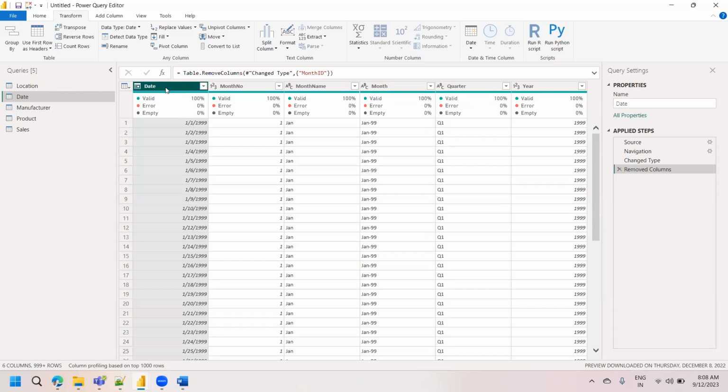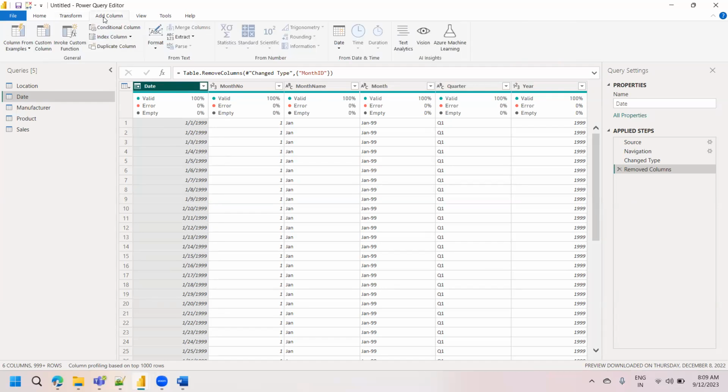See here, for the date related field, I want to generate a new column to see the name of the day. To get this done, we have to navigate to Add Column. Click on the Add Column tab. See here, we have the from date related options. If you want to extract, see the Date option is enabled. So what do you want? I'm expecting the day level,